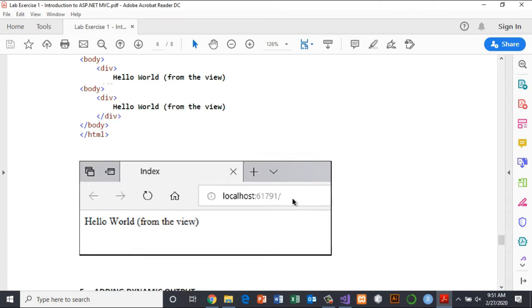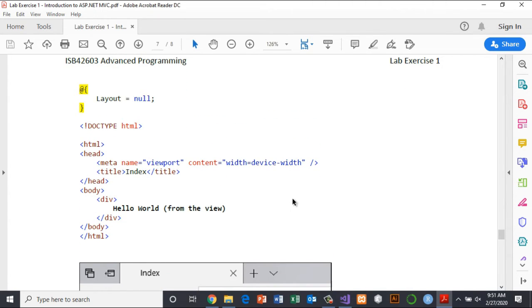Okay, this is what, now, just now we displayed hello world, but the hello world we displayed just now was a string. Now, we are going to write, okay, now this is div. Div, what's the purpose of div? Div is just an HTML tag to block certain things for the purpose of CSS or something. Okay, doesn't matter. But I'm going to type here within the body hello world, and I'm just adding this. This is from the view. Differentiate between the hello world just now. Okay, so